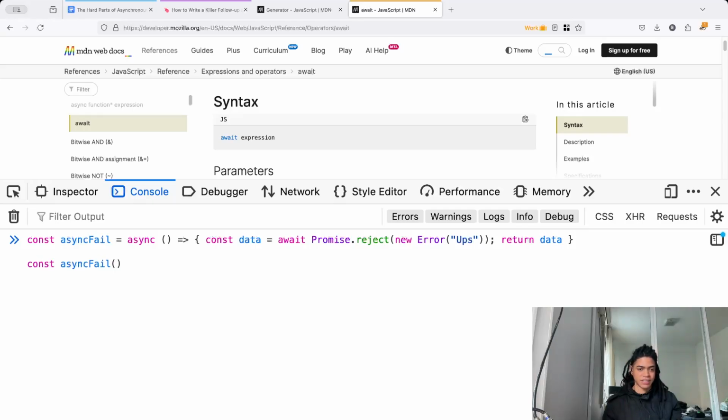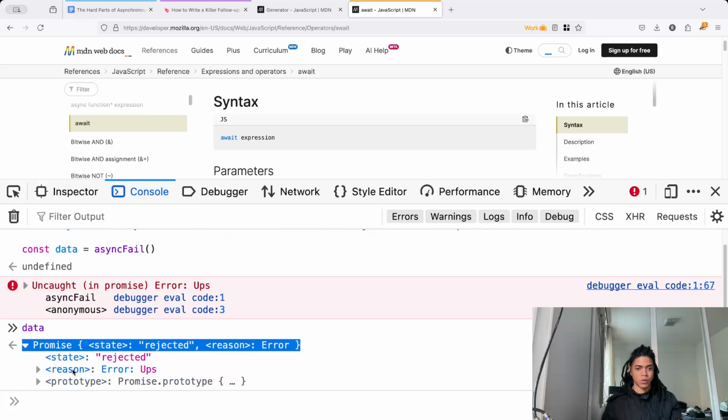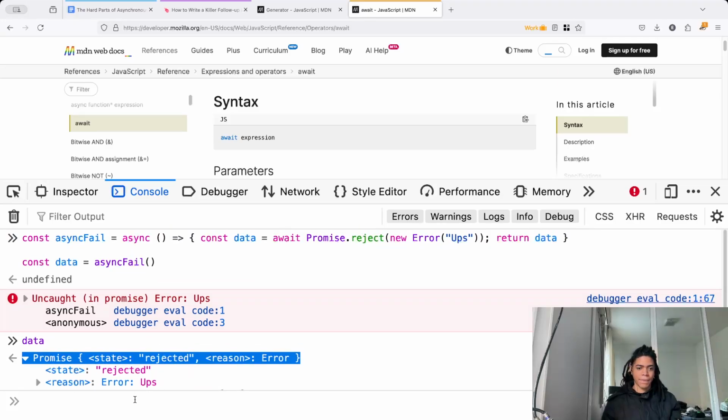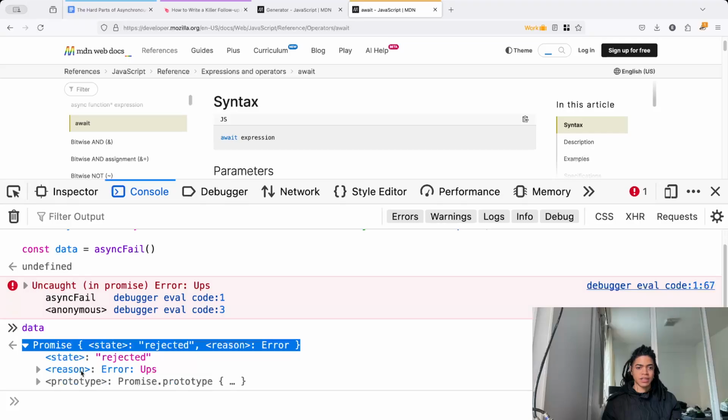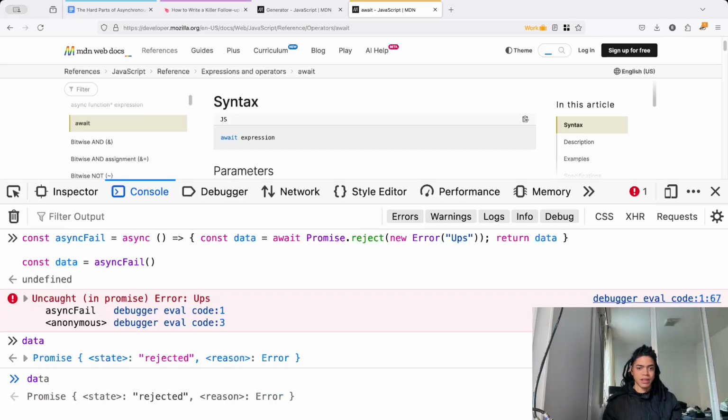So by defining this as the data here, and when we get the data as it is, now our data is a promise with the state rejected and the reason as it is,